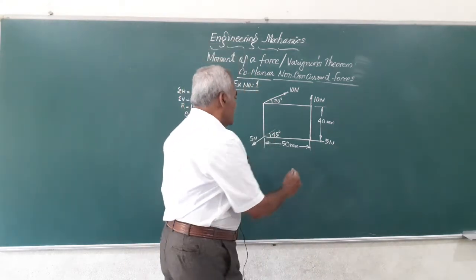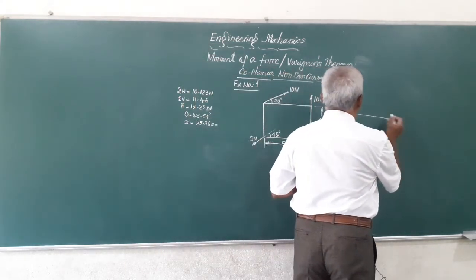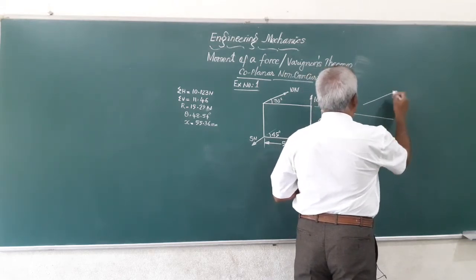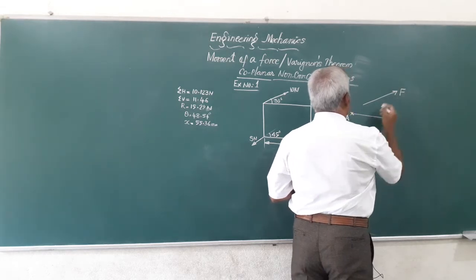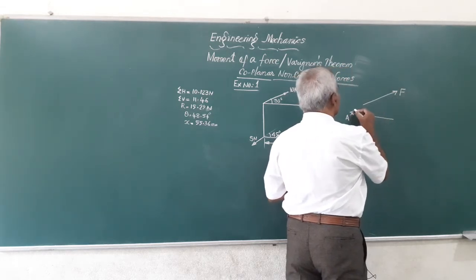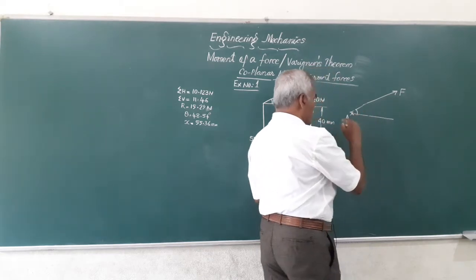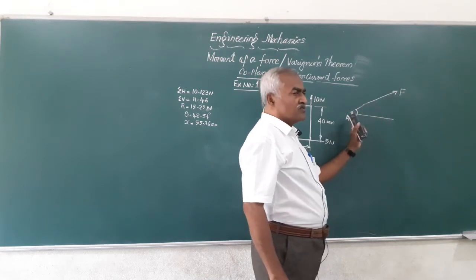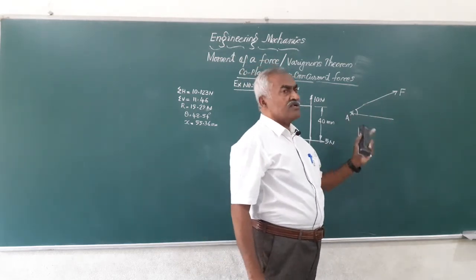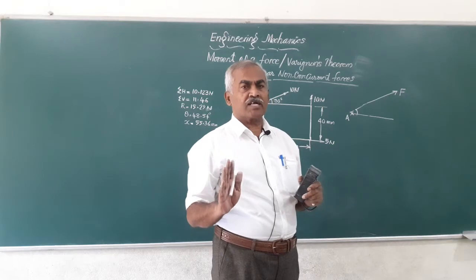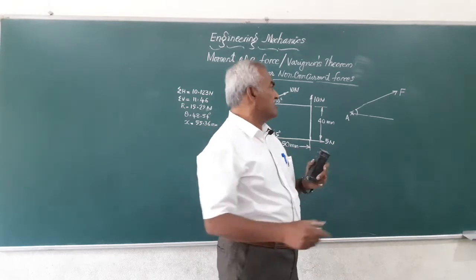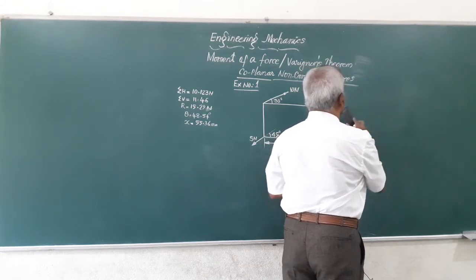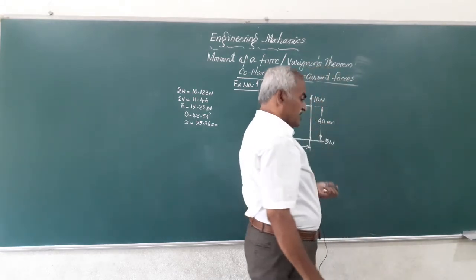For example, if you have a problem wherein you have the point A here and there is a force F here, and when this force is extended, it passes through the point about which you are taking the moment. Since this force is passing through the point of reference, it will not give any moment, because moment is a product of force and distance. So here the distance is 0 and hence it produces no moment. Moment produced by this F is 0.